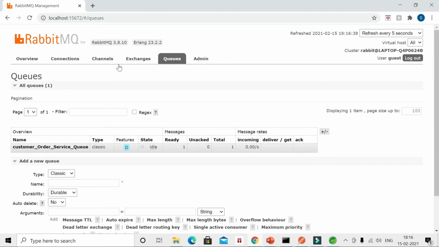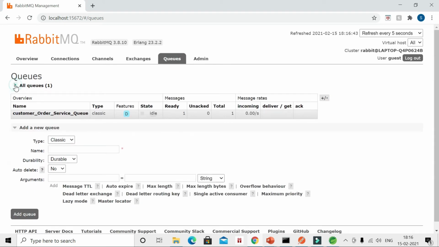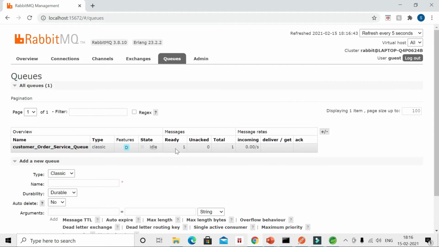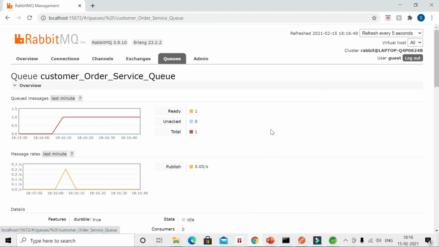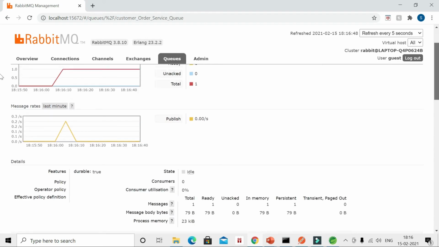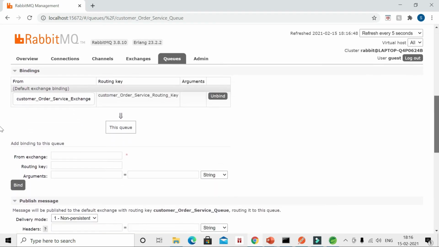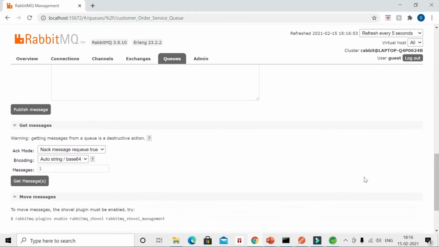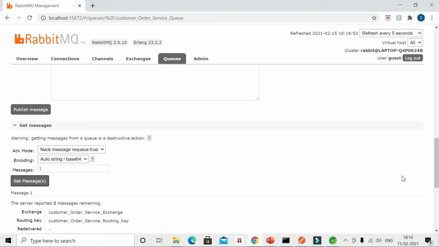In queue also one queue is created, and one message is ready. So what message is there? Let me show you. Go down and get message.